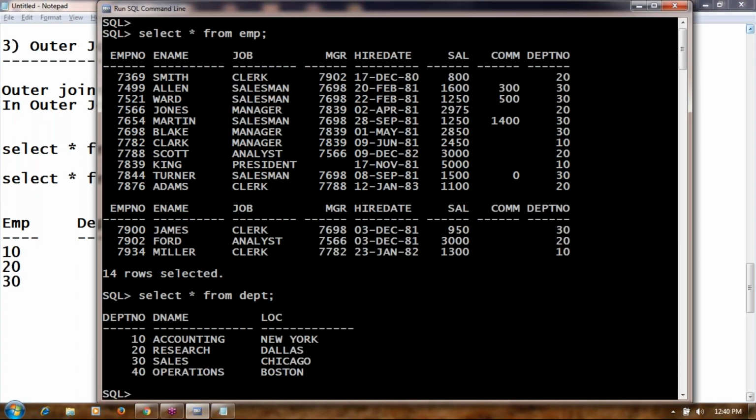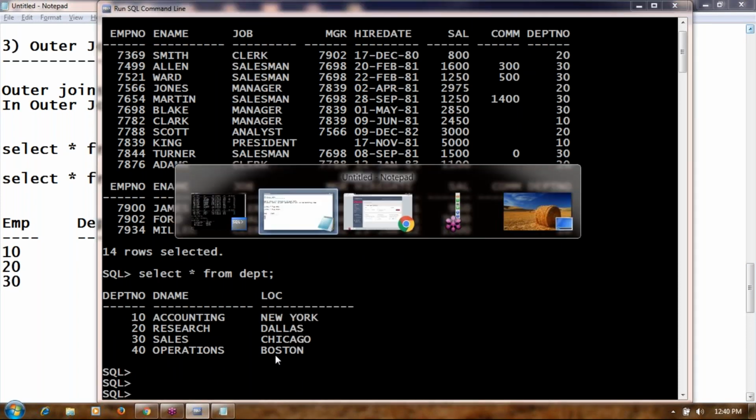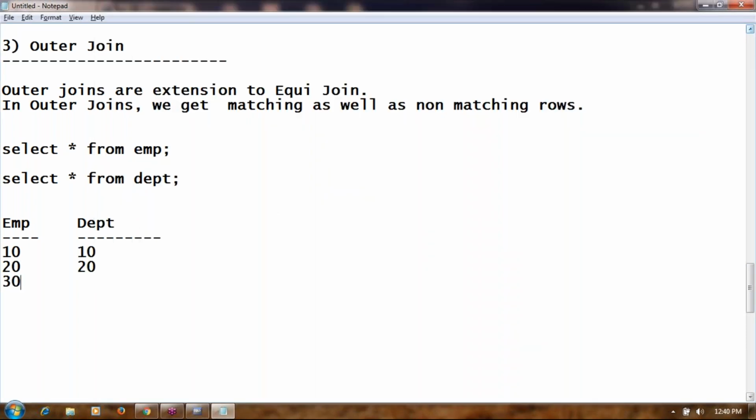Whereas in the department table you have an additional department 40, operations, located at Boston.